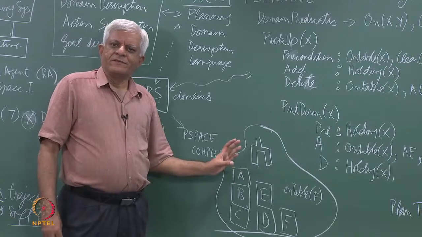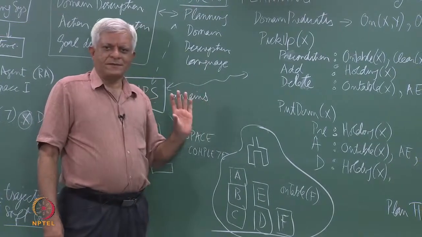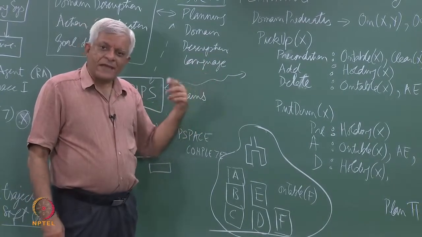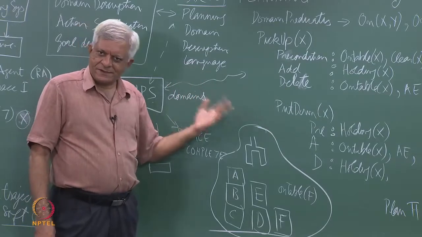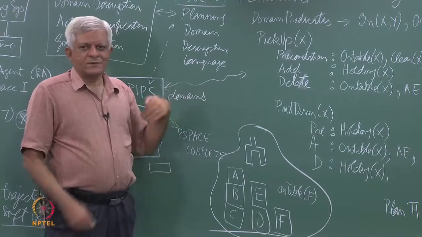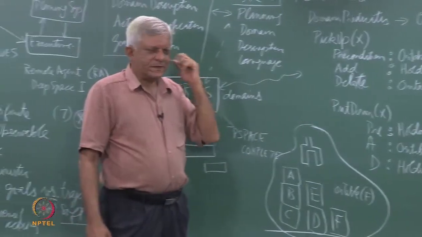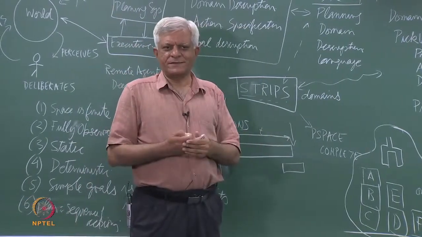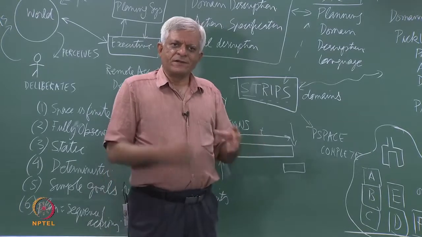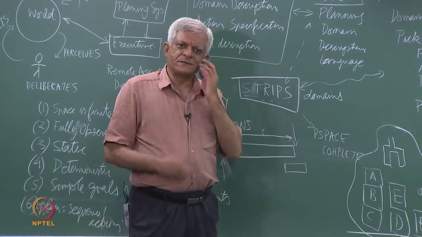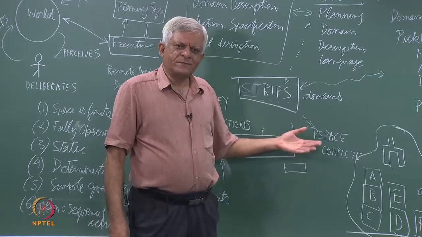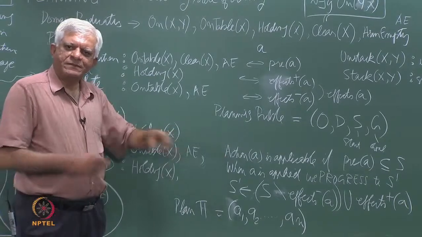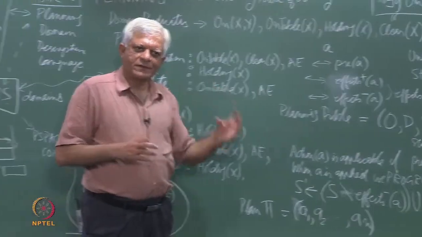But that is a very specific solution to a very specific problem. What we are interested in is domain independent planning, which means we do not know the domain, we do not know the predicates, we do not know the actions, but we have a language to describe the domain, the predicates and the actions and the start state and the goal state, and then our algorithm should be able to operate upon that. So, the simplest approach, as you can guess, is the forward state space search that we have been doing all along. Go to the start state, apply the move gen function. How can you write a move gen function here? You have to simply test for all the actions which are applicable, and they will basically constitute your move gen function. They will give you what are the actions you can do.